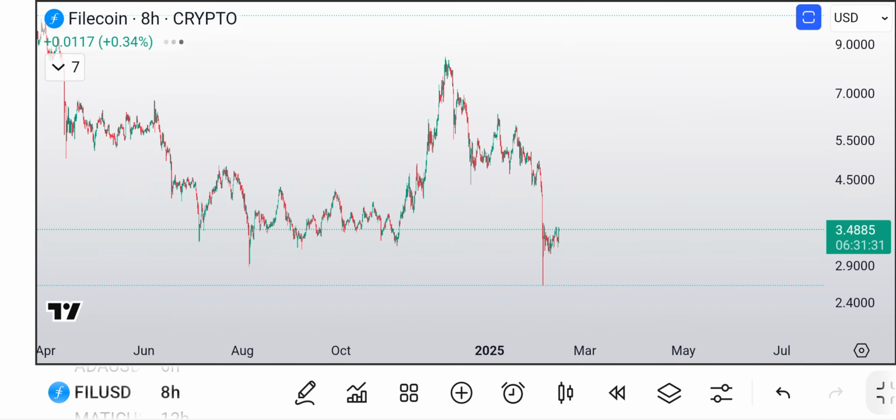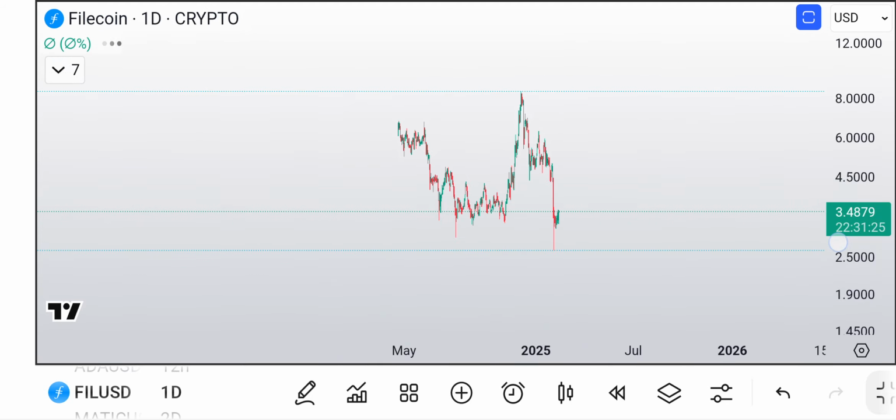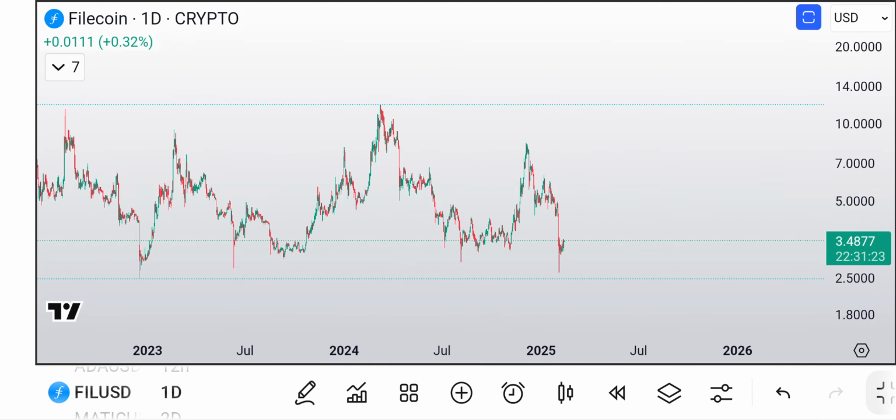Filecoin, much more bearish looking because it's a much bigger three-way pullback. If I zoom out, now you can see it. Now it's a much bigger three. This is way bigger, right? Because the three-way pullback we were looking at ADA was right here. But this just looks like it fell off a cliff, you know, but I still think it's very bullish